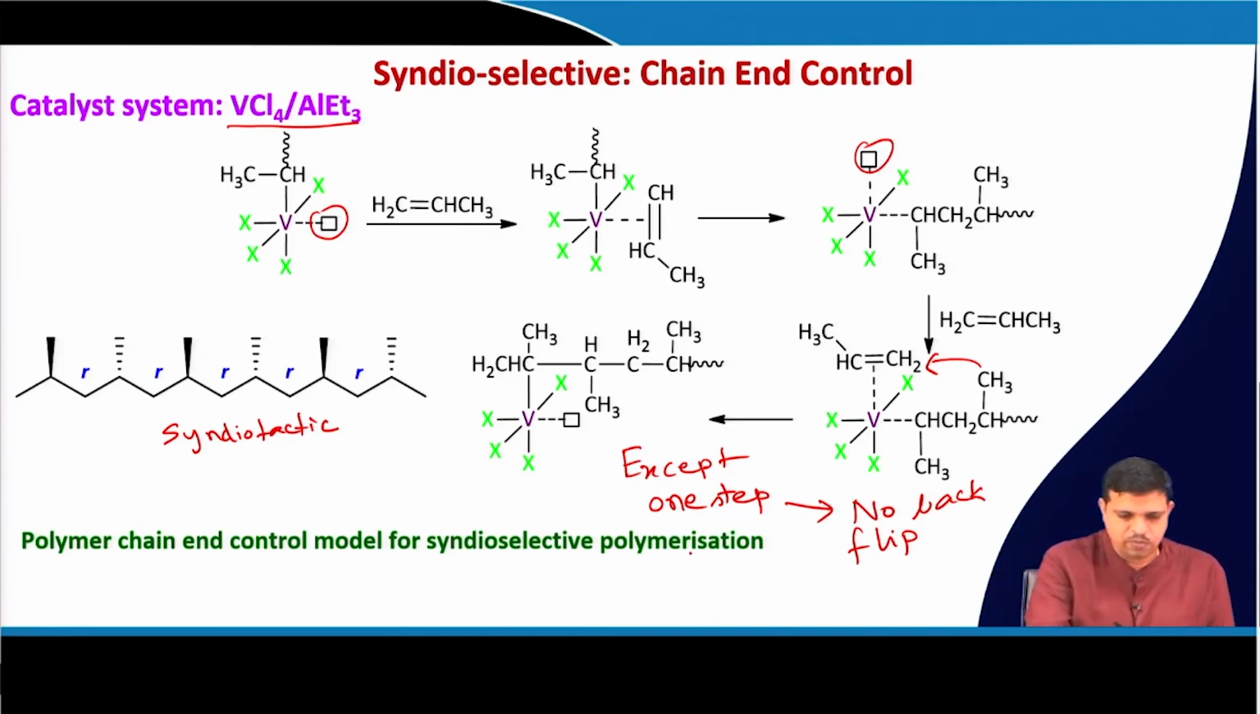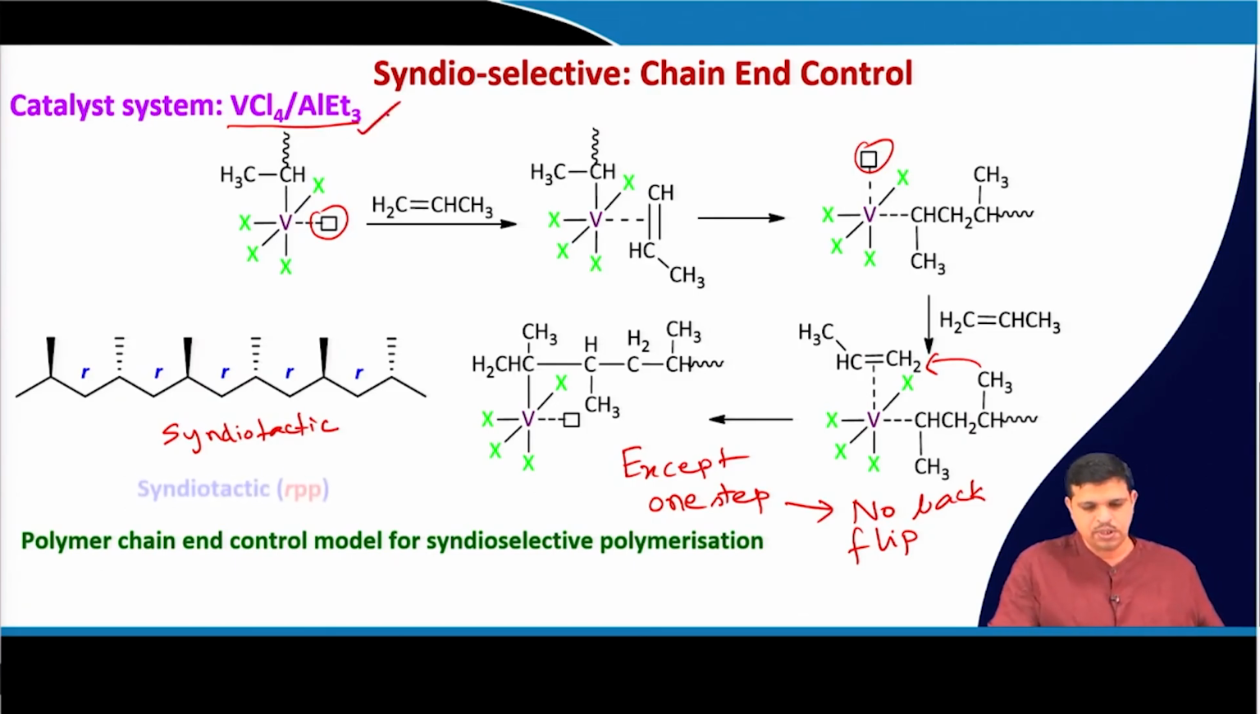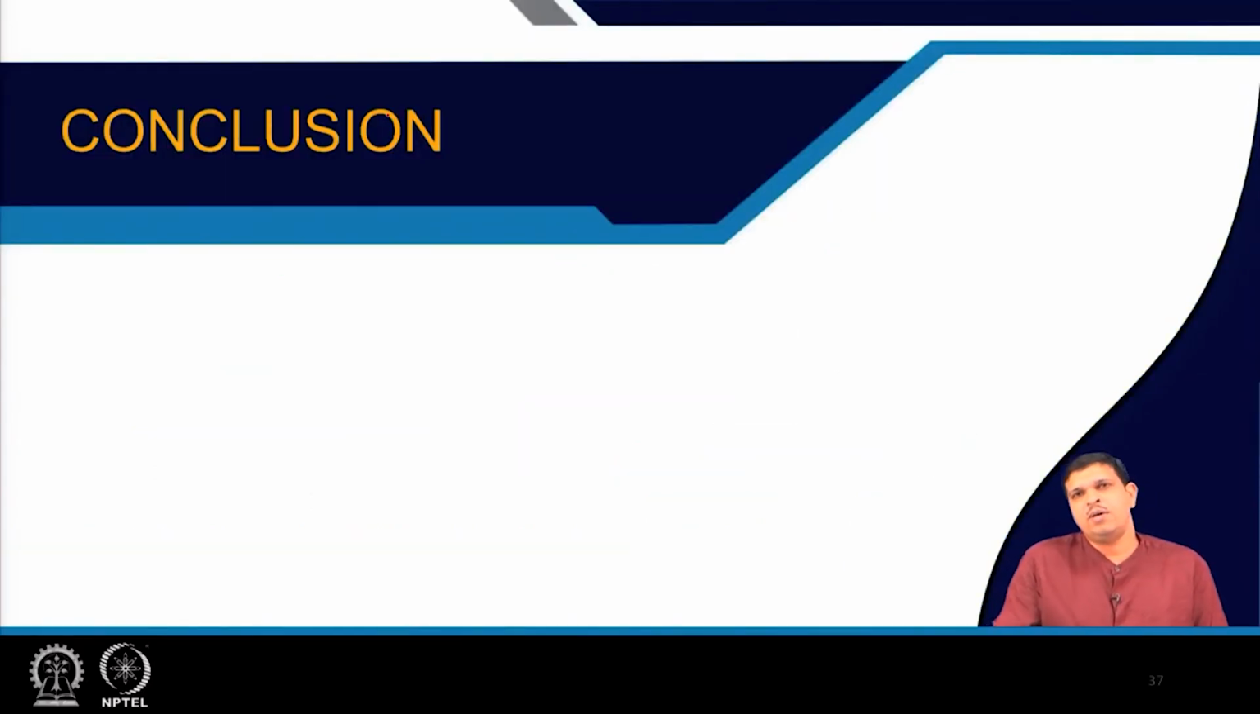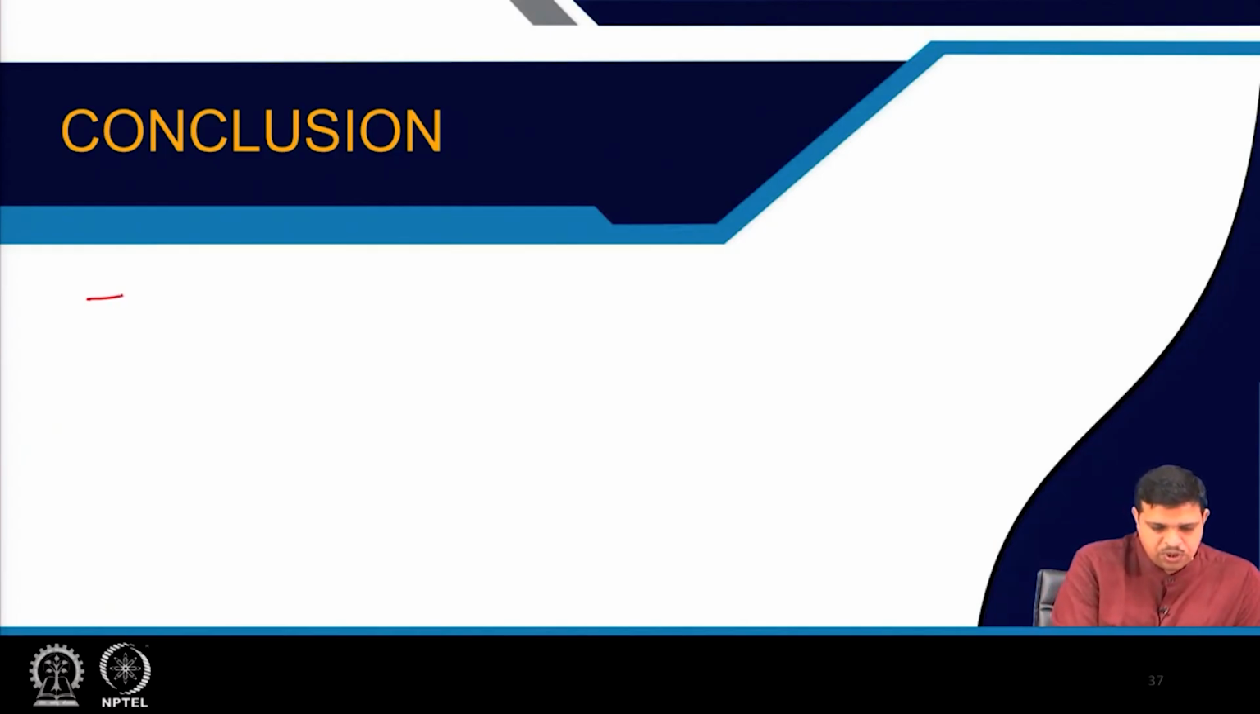Okay, so for VCl4 AlEt3, if you want to get specifically the syndiotactic polymers, then you will have to choose the VCl4 AlEt3 system, and if you want to make the isotactic polypropylene, you have to use the titanium aluminum system. Okay, so in conclusion, what we have discussed: